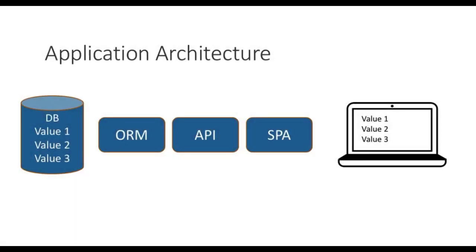So our application architecture is going to contain a database with a table with a couple of values in it, and a display-only HTML page that can be viewed by the client. In between the database and the client is going to be object relational mapping. Entity Framework allows an API to send queries to this database, and then we are going to fetch these values via the API from our SPA, our Angular application. Our goal in this particular section is to ensure that all of these pieces can work together and we can display this value on the client at the end.